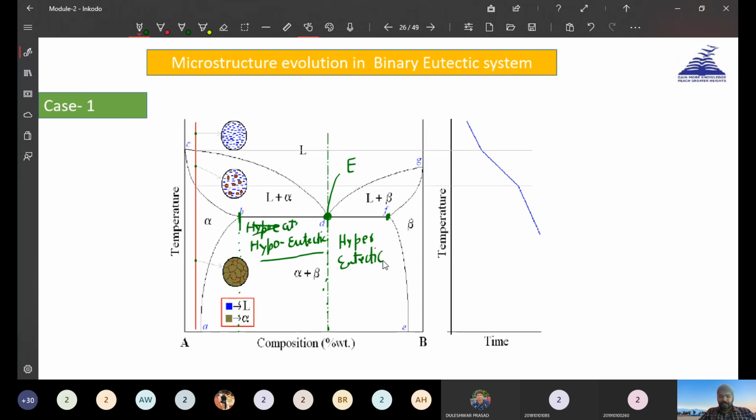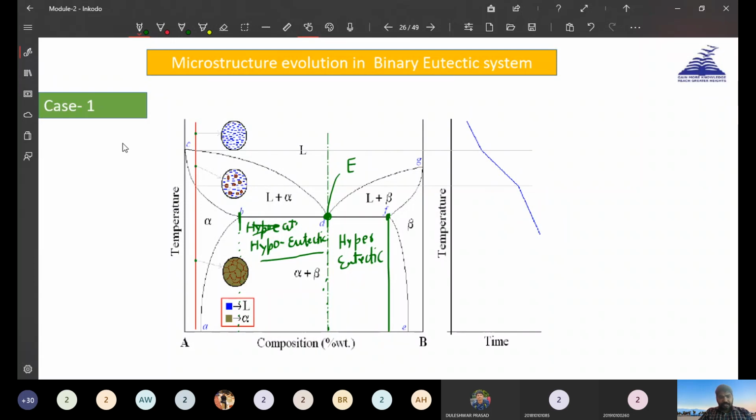So these things you have to understand. These are the technical terms that you are supposed to know. Many times, when an examiner or an interviewer is there, they will simply say, take an alloy in the hypoeutectic system. Then you are supposed to understand that he is asking about this region. So you can take any composition between these 2 points. You can take this composition, this composition, and this composition also. And if he says take any composition in the hypereutectic region, then you can take any composition between these 2.